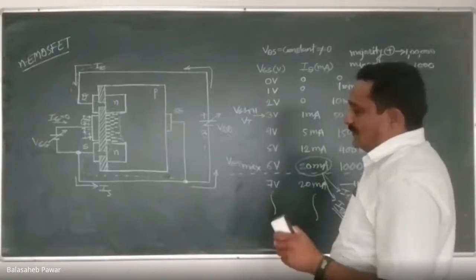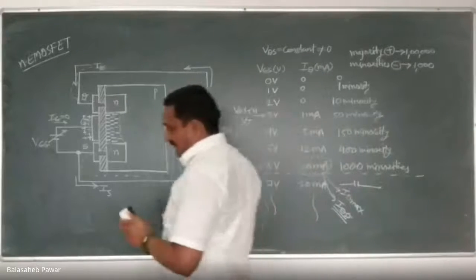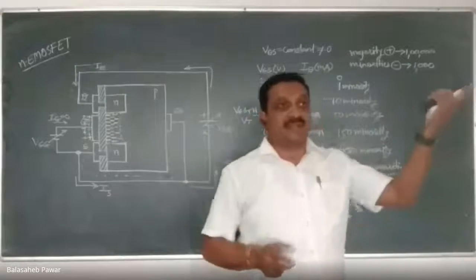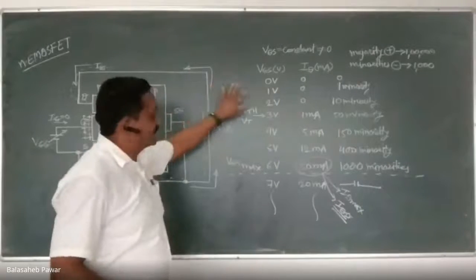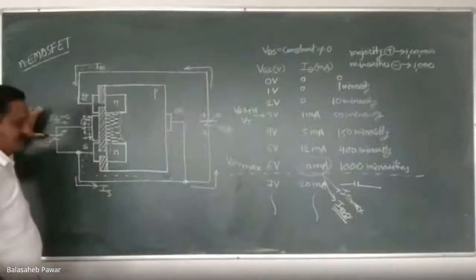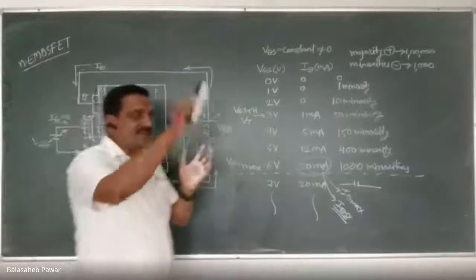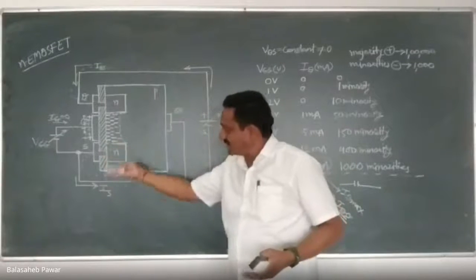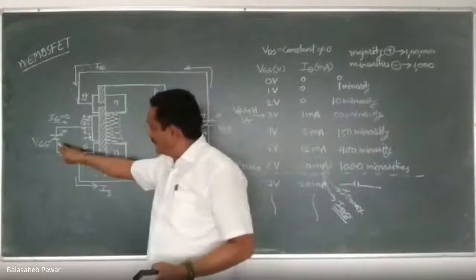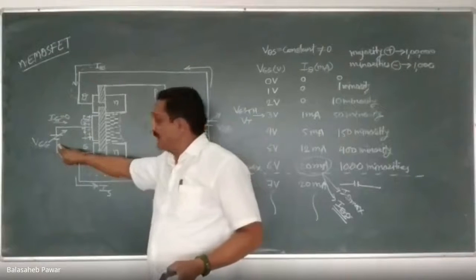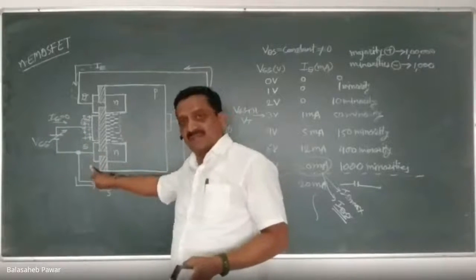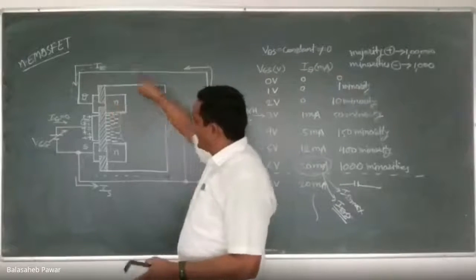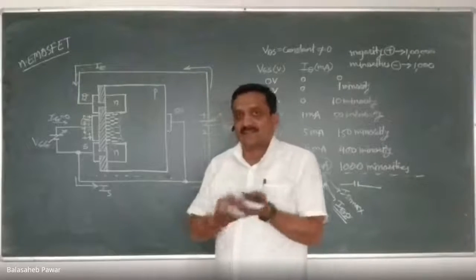Now, by this discussion, what did you conclude? We call the drain to source terminal the output and the gate terminal the input. The source is common, because at the input side, whatever VGG we apply is applied to the gate with respect to the source. The output voltage is applied to the drain with respect to what? Again, the source. That means the source is common right now.